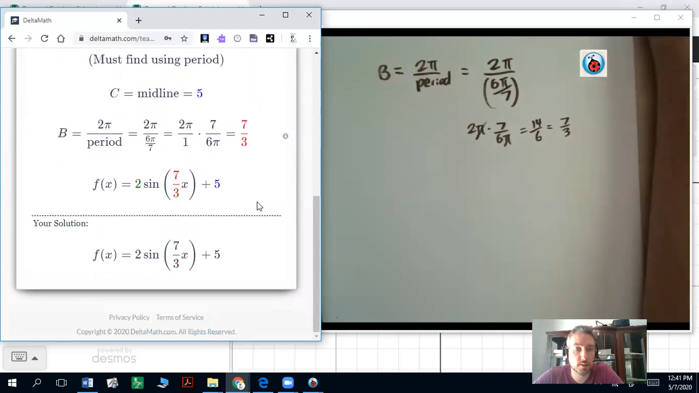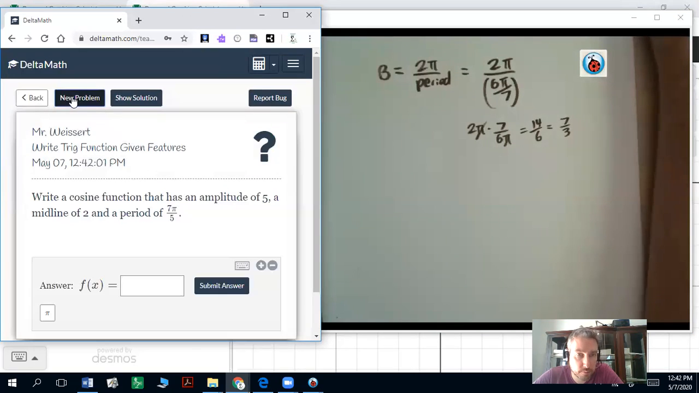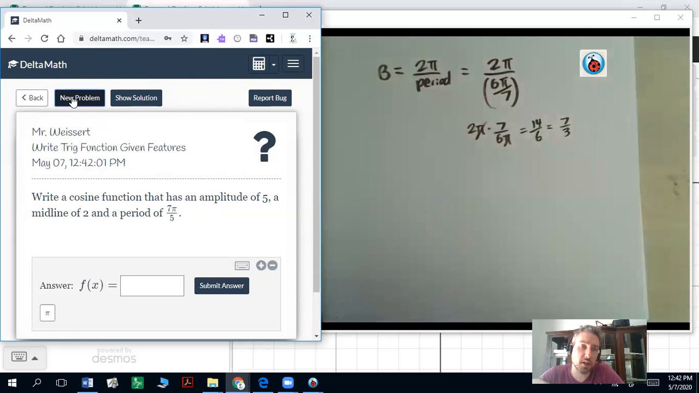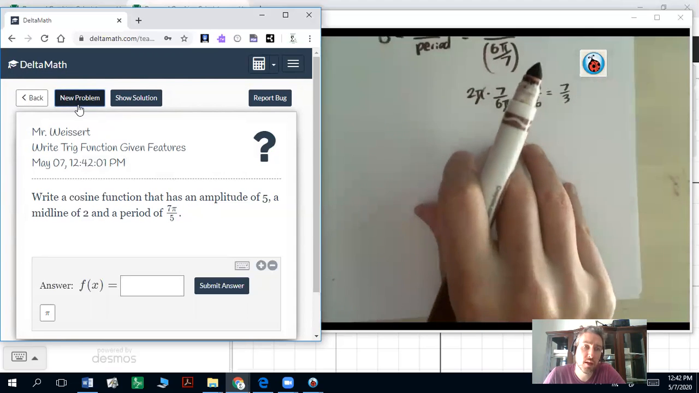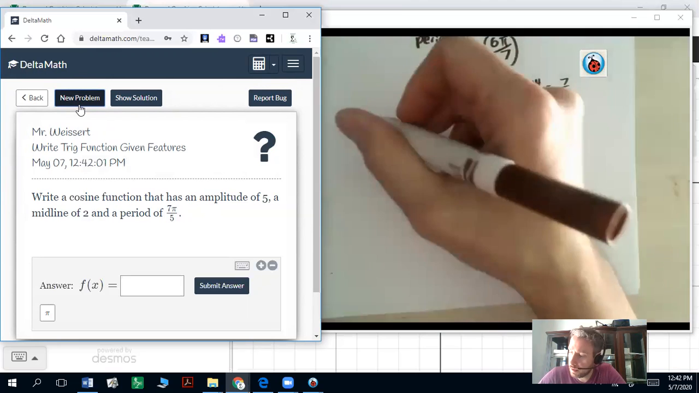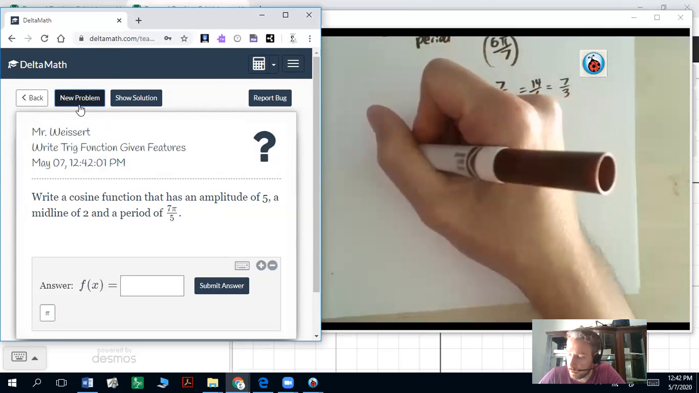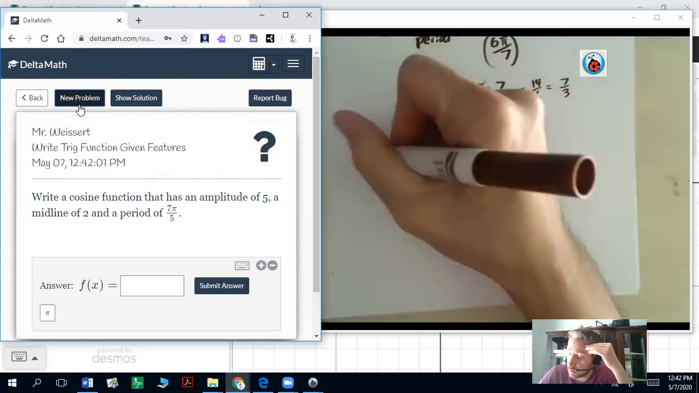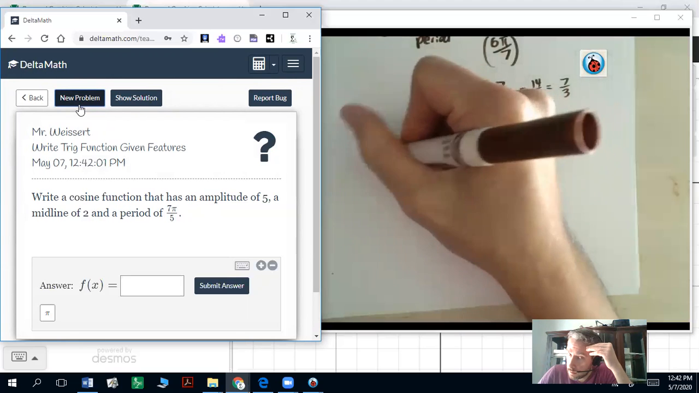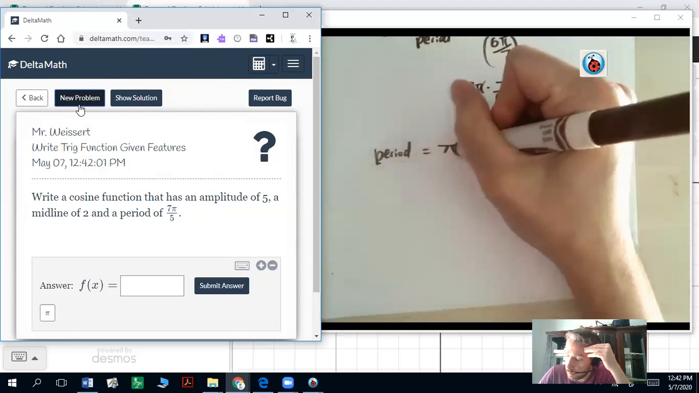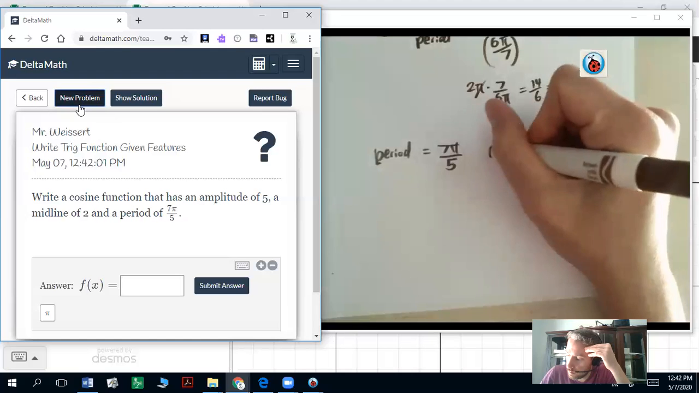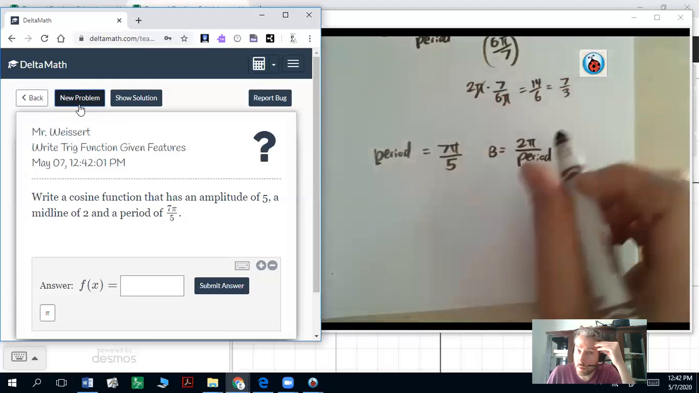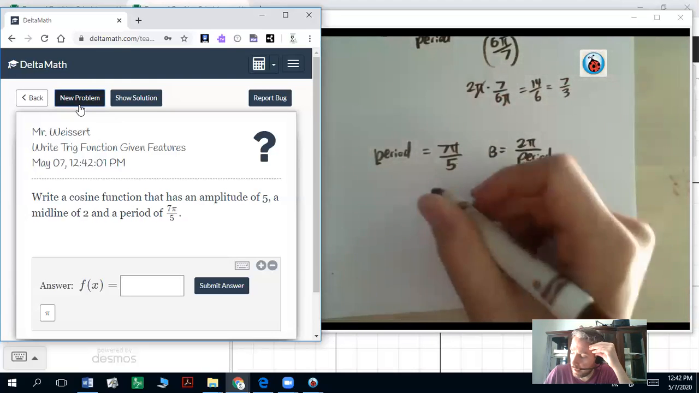And let's do another one here. All right, we'll wrap it up with this one. It says write a cosine function that has an amplitude of 5, a midline of 2, and a period of 7 pi over 5. So again, if it says frequency, they're calling the b value the frequency. So you just put that as b. If it says period, then you're going to take 2 pi and divide by the period. So we're going to do 2 pi divided by